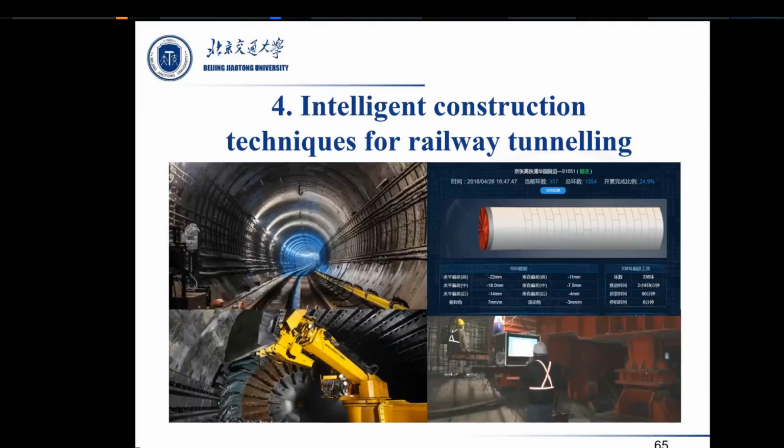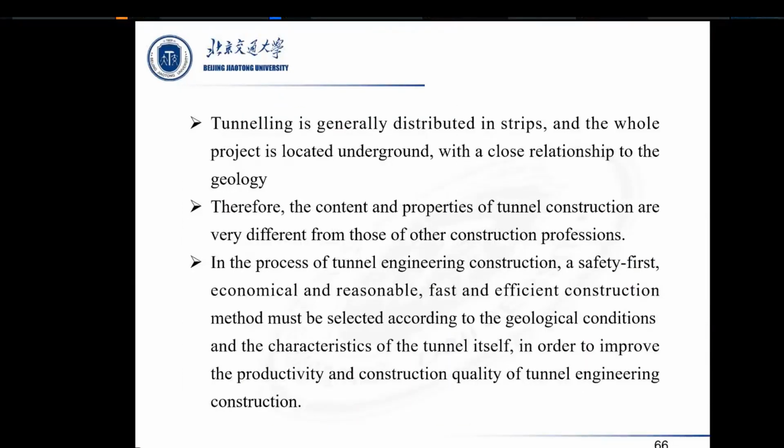And the fourth part is intelligent construction technique for railway tunnels. A tunnel is generally strip-shaped, and the whole project is located underground, which has a close relationship to geography. Therefore, the context and the properties of tunnel construction are very different from those of other construction professions. In the process of tunnel engineering construction, according to their logic, according to